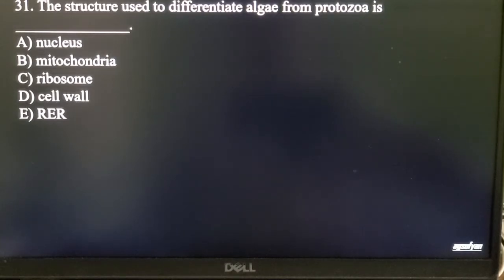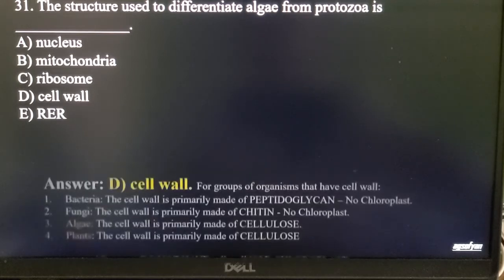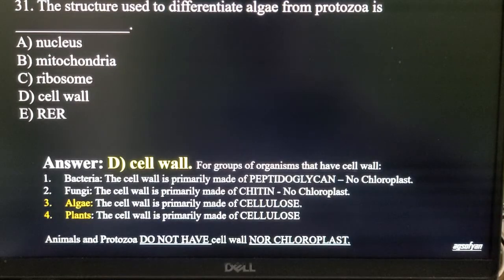Okay, number 31. The structure used to differentiate algae from protozoa is A. Nucleus, mitochondria, ribosome, cell wall, or RER. Choose your answer. The answer should be cell wall, because both algae and